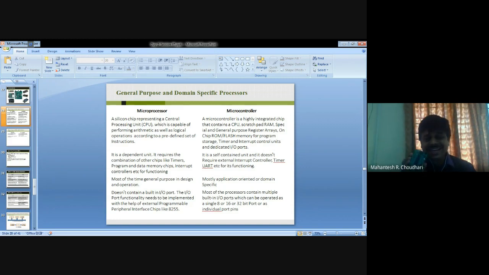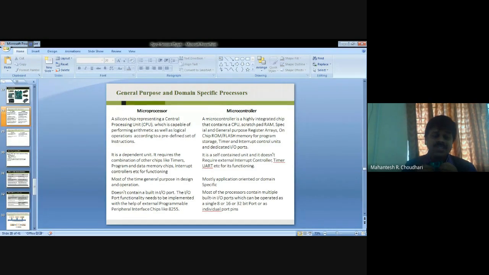Controllers are highly integrated chips that contain a CPU, scratch pad RAM, special or general purpose register arrays, ROM and flash memory for program storage, timers, interrupt control units, along with dedicated I/O ports. At present, the I/O ports you are seeing here are these four.